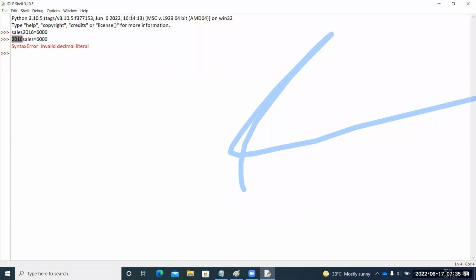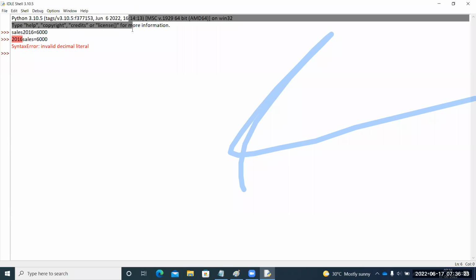Because there is a pattern it should follow. And your Python interpreter starts scanning. The actual interpreter will start scanning each character from left to right, guys. When it is scanning, it encountered this one. And according to the rules, it is violating, right? That's why invalid decimal literal. It is showing some syntax error, right? All of you clear? This is not a valid identifier. So an identifier may contain letters and digits, but it should not begin with a digit, guys. This is the first rule.